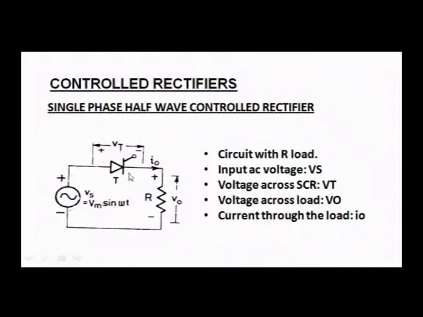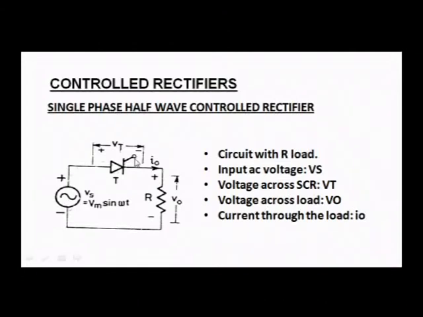Please see, students, I have not shown any trigger circuit here. Do not think I have left the gate open. The gate is going to be fired at the required angle, firing angle. I already have discussed about it. So, I am going to give a pulse to the gate, and I am going to turn on this SCR, okay, and a positive gate current I am going to give. So, do not think that the gate is left open here. I have not shown the gate circuitry, only for convenience.